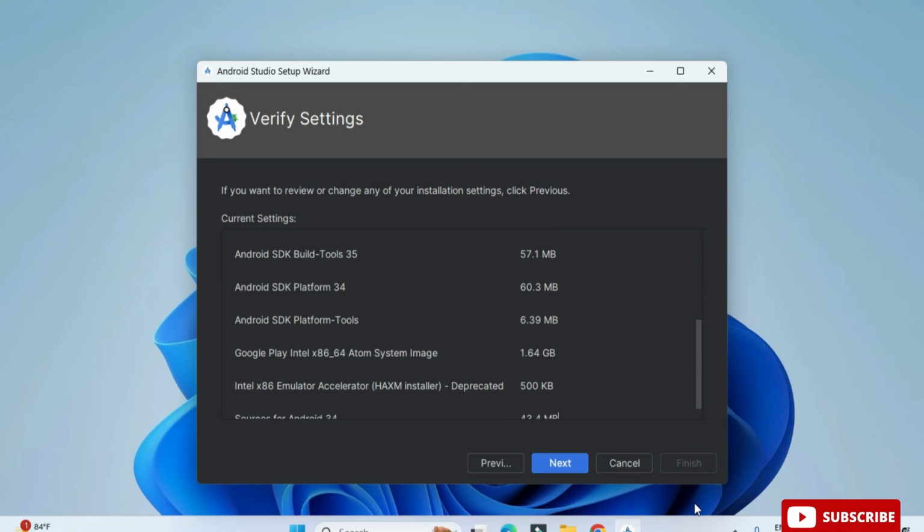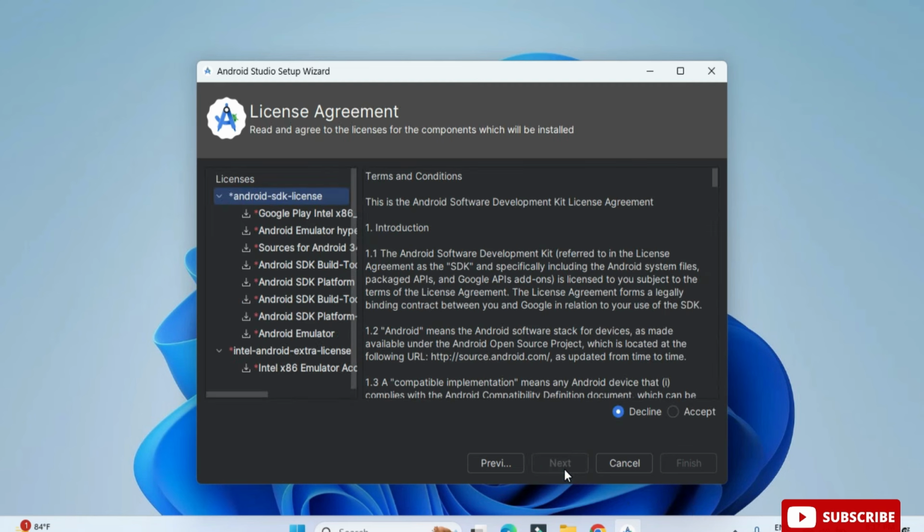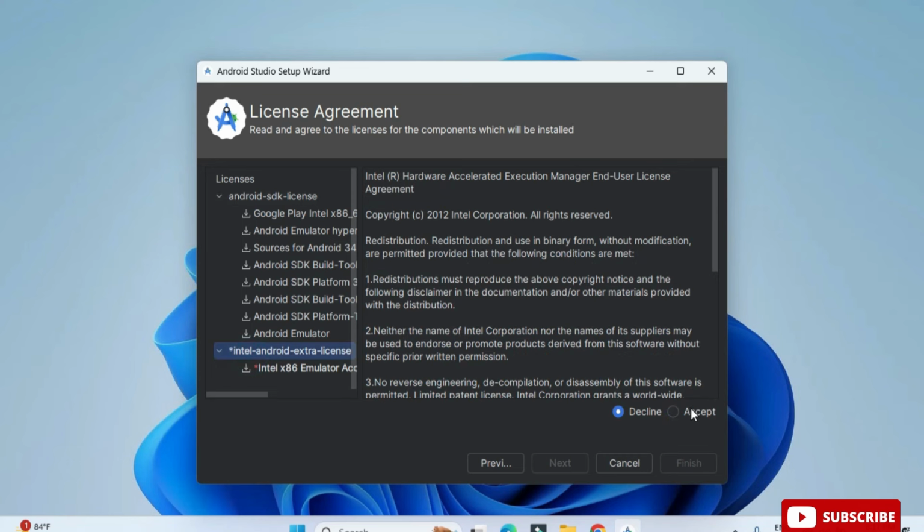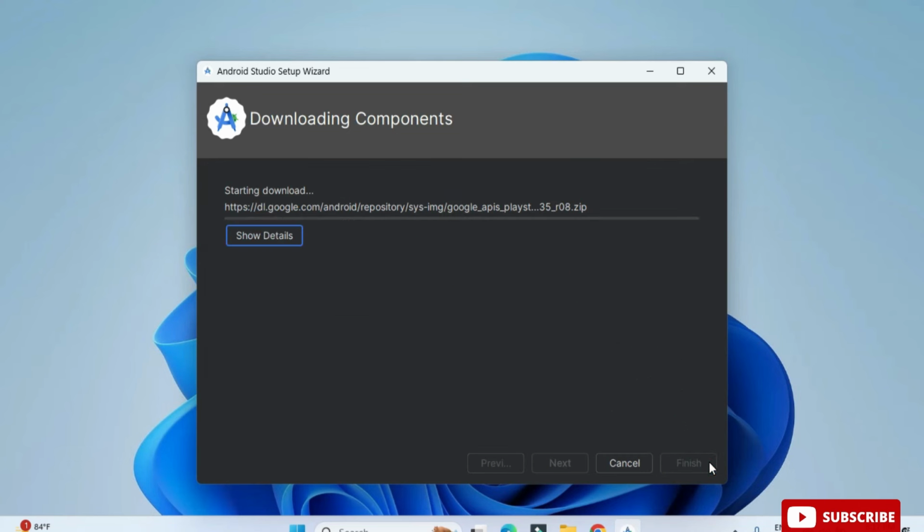So just click on next button, and here we have to agree the licenses. Have to select one by one and click on accept button. Unless you select all, you won't be getting finish button. So now click on finish button guys. So now it is downloading my virtual devices. So hence I'm saying you need strong connection. We require installation of three things, like Android Studio installation, and then installation of virtual devices, and installation of SDK.